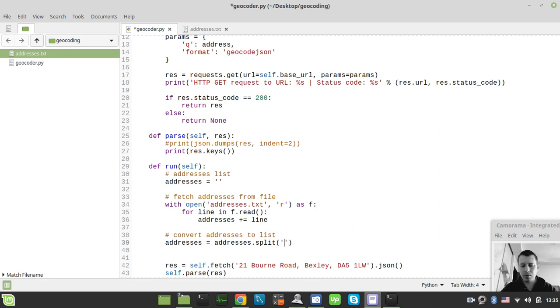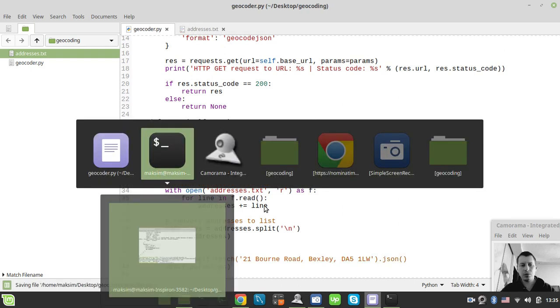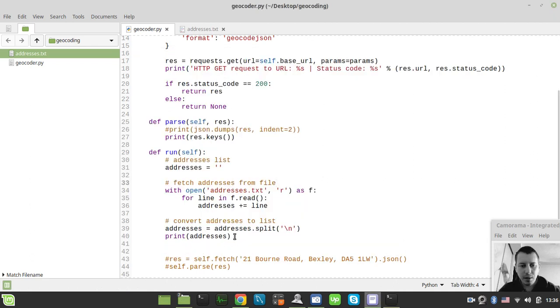I hope this should work, and let's print our addresses here. Just don't want to make requests for a while, and just to make sure that we did extract the addresses correctly. Okay, seems like we did. So as far as we did this,